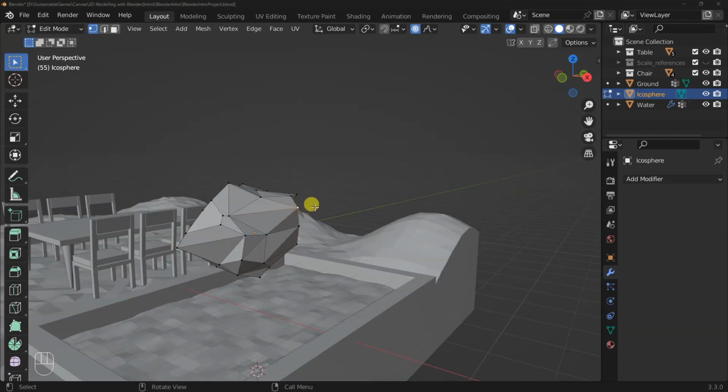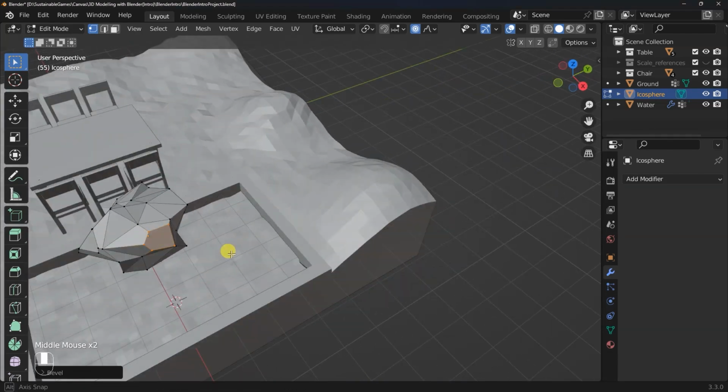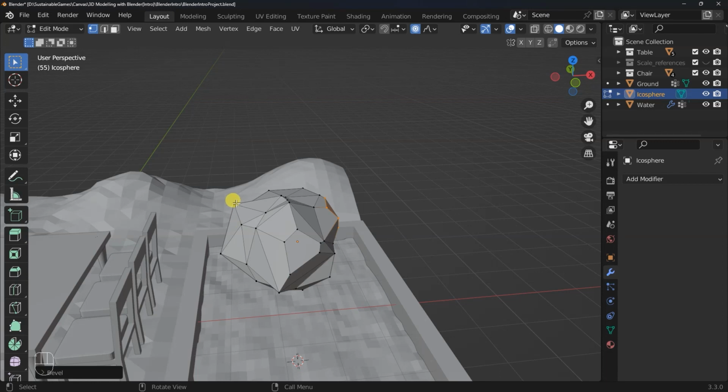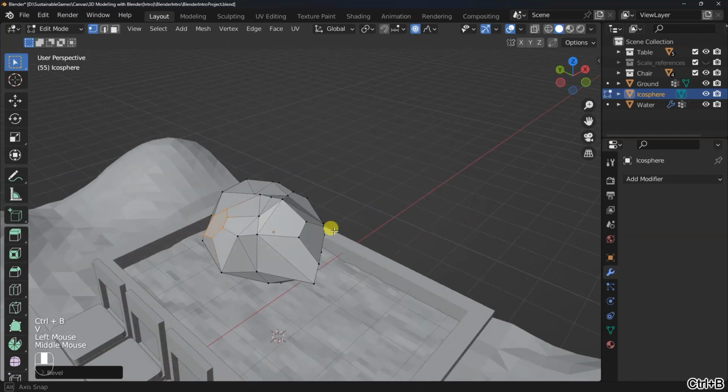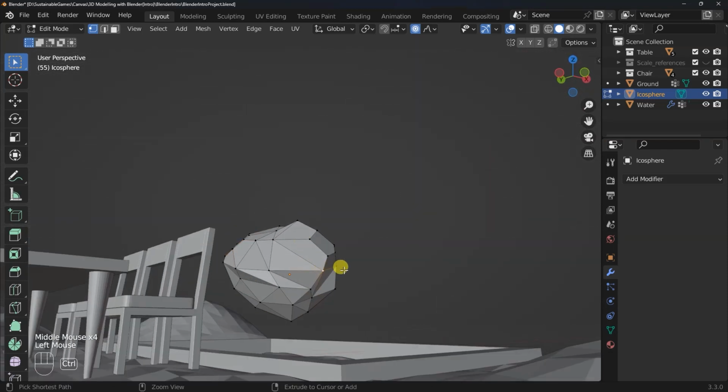I will be using the shortcut key so that we can be faster. The shortcut key for bevel is Ctrl B, and we can click on Ctrl B and V again so that we can add some bevels to the vertex that we've selected. So we can move around some of these sharp edges here. Control B, V, adding that effect. Control B, V,